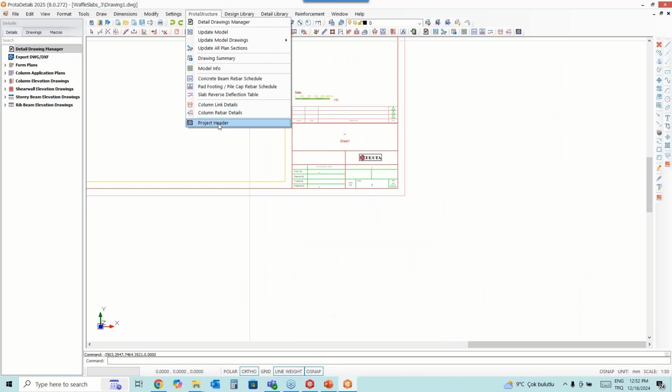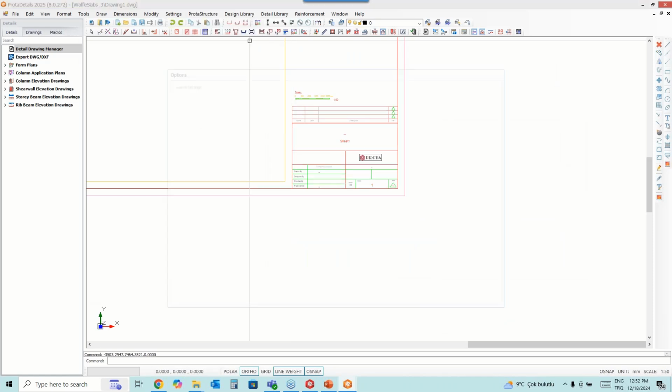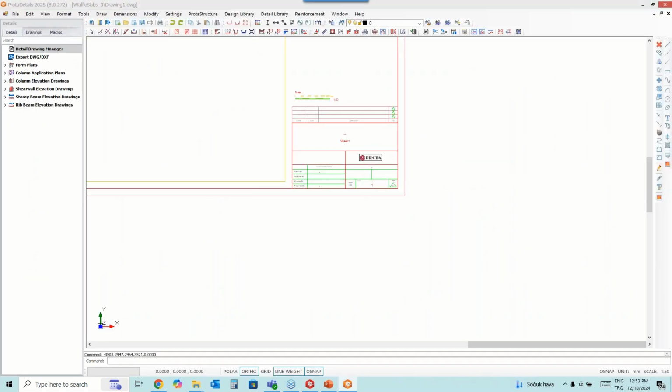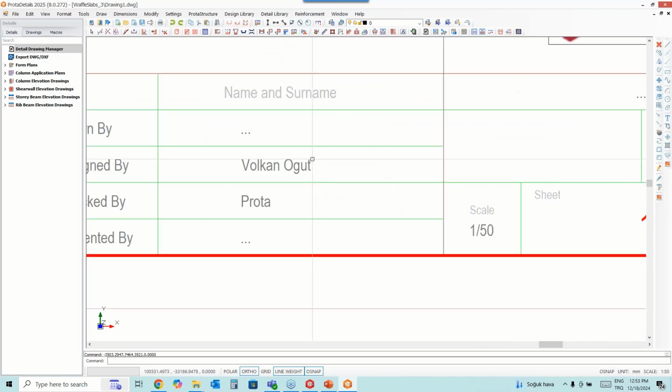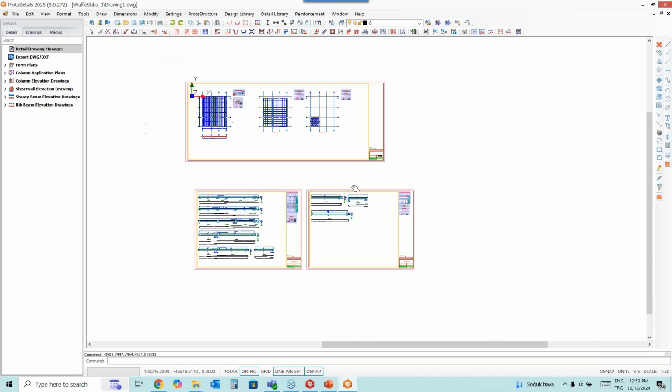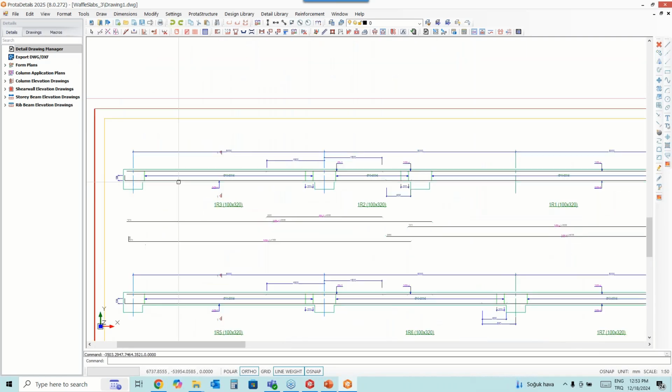For example, in the project header, you can change these values. Okay, like this. So all this information will be automatically applied to the sheet. You can also review the details.